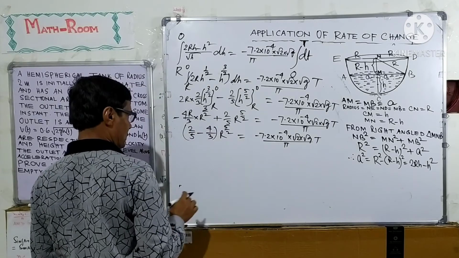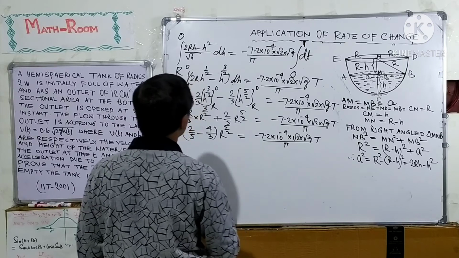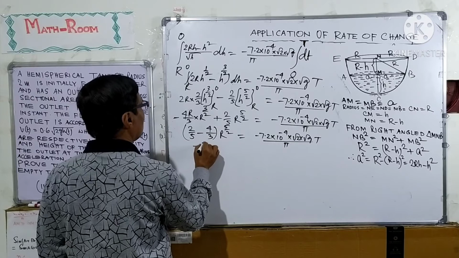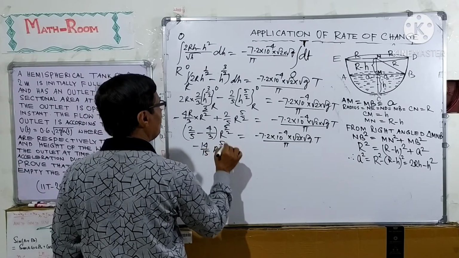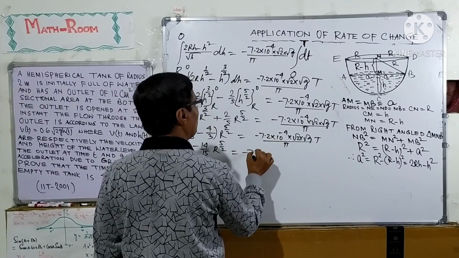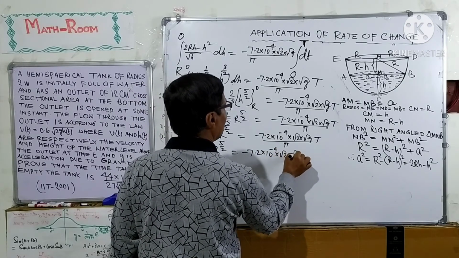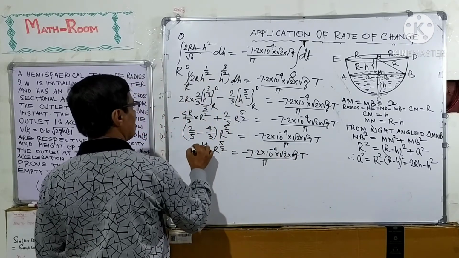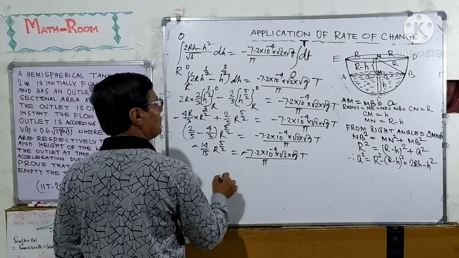After subtracting these two fractions, we get minus 14 over 15 R to the power 5 over 2 equal to minus 7.2 times 10 to the power minus 4 into root 2 into root g into capital T over pi. The minus signs cancel out, so T equals